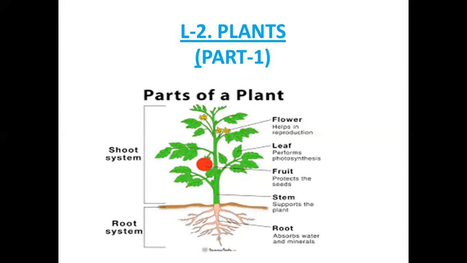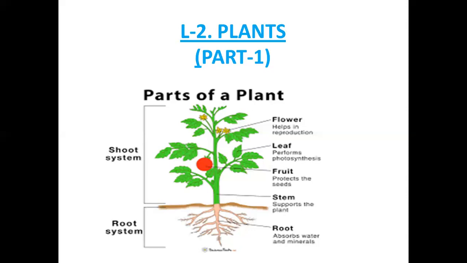We know already root is present underground. It is an underground part of the plant. And as the plant grows, its roots become thick and woody with a corky outer layer. So, the root is very important and it absorbs water and minerals from the soil and circulates all this water and minerals to all parts of the plant so that the plant will grow better. And it also helps to fix the plant in the soil.